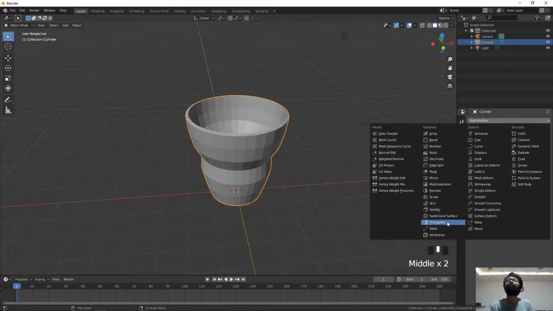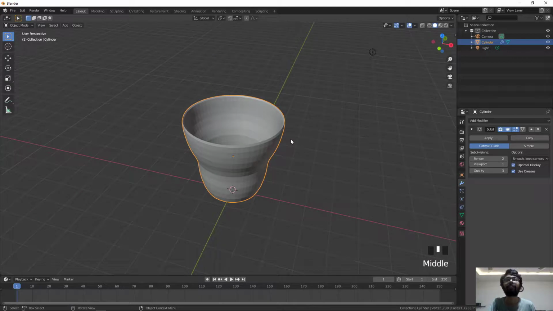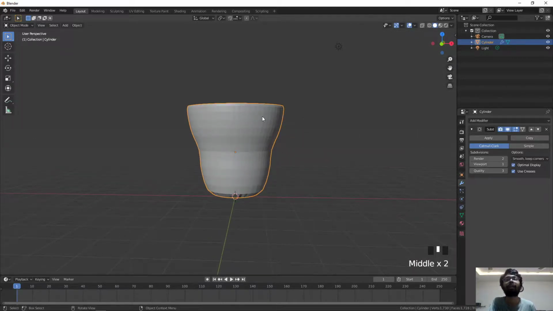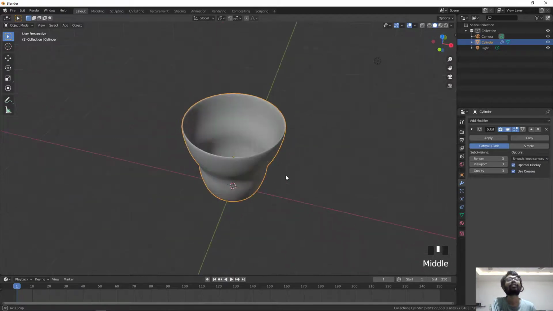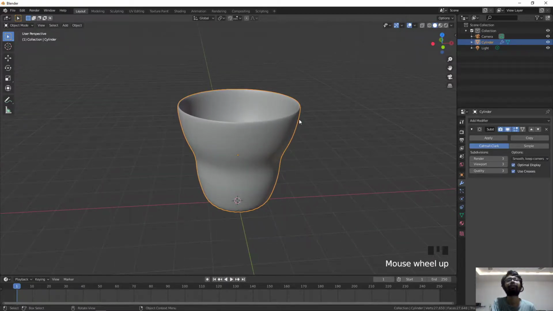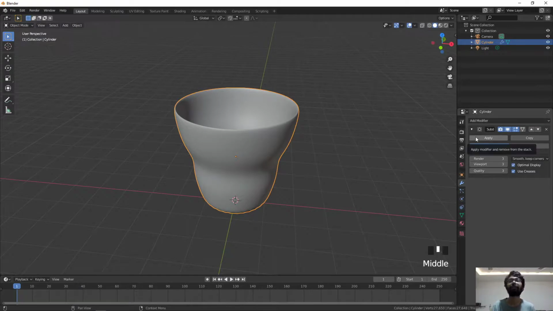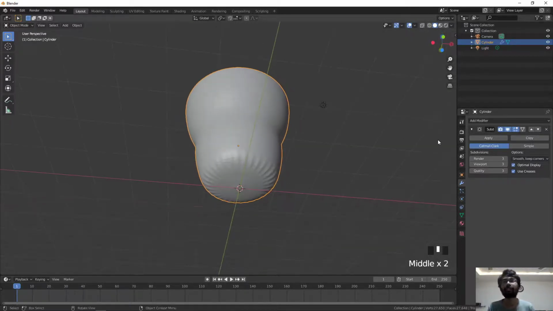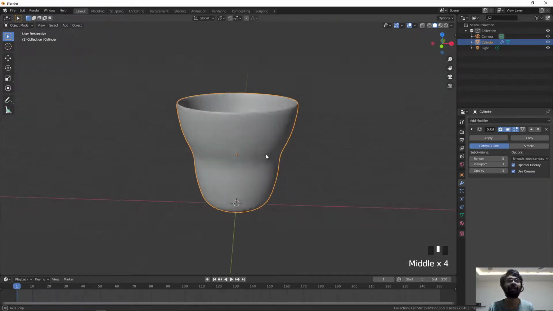And then I'll go to Subdivision Surface. This modifier will add more vertices to our object once we apply it. So I'll go to viewport and set it at 3, and render to set it at 3 also. So this has added theoretically more vertices to our object. Not yet. If we apply, then it will add. We have not applied it yet, so it has not added. So we can see after we have added Subdivision Surface, you can see some wrinkles over here because of extra geometry.